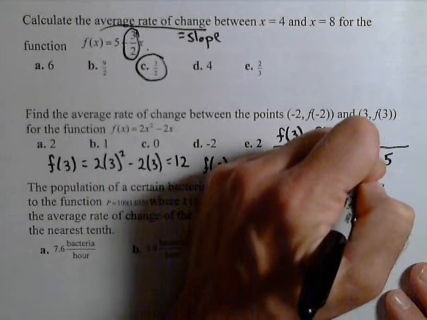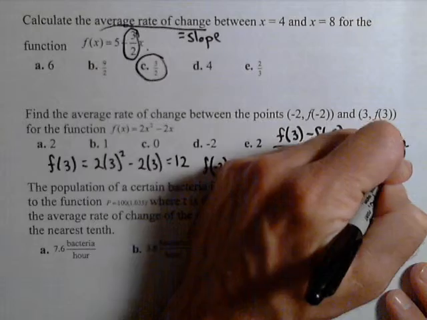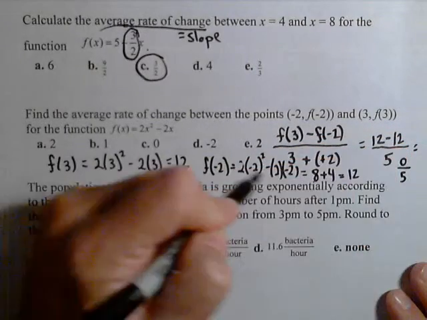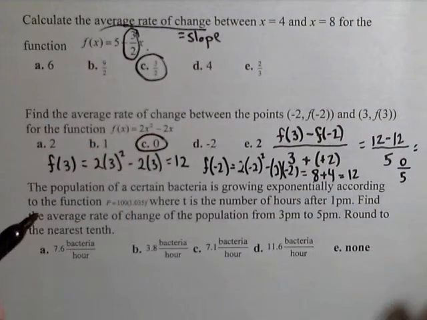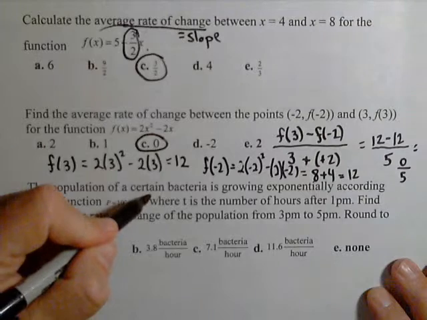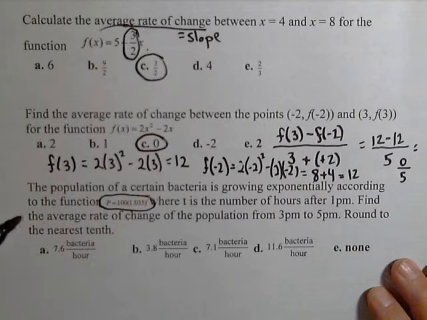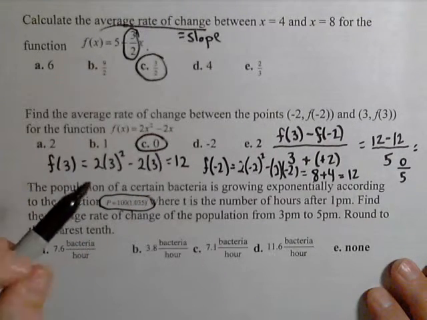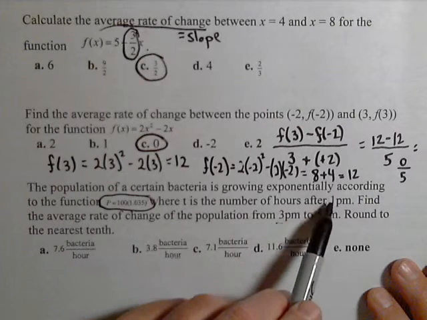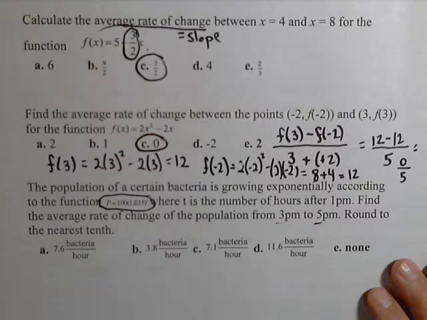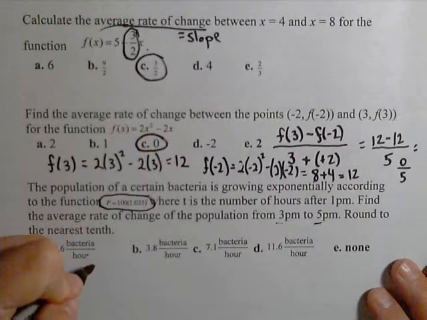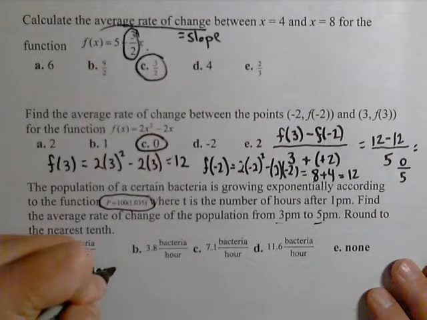So our change in output is 12 minus 12, so we get 0 over 5, or 0 for our average rate of change. In the last one, we have an exponential function, and so now our change in output is going to come from the exponential function between 3 and 5, and t is the number of hours after 1 p.m. So we've got to be a little careful here. So our output at 5 p.m. is going to be 100 times